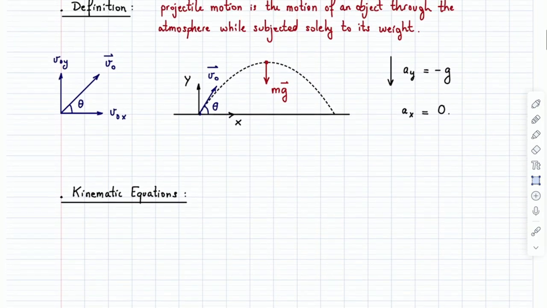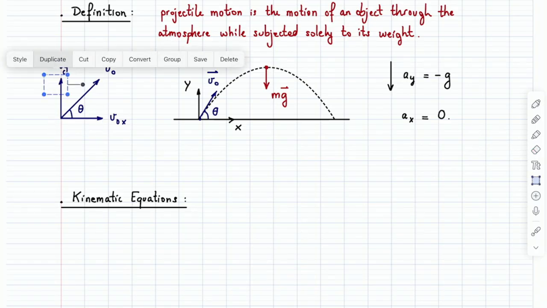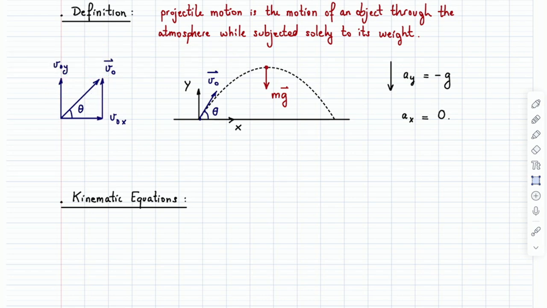Okay. Now, components, you can think of components as the following. The component along x of v0 is the shadow of v0 along x. And the component of v0 along y is the shadow of v0 along y. Meaning that when it comes down to it, you're breaking up v0 into two parts, a horizontal part and a vertical part. And if you were to assemble the horizontal part with the vertical part like this, you have to get v0 back, right? So you're breaking it up into the part that's horizontal and the part that's vertical, and those are the components.